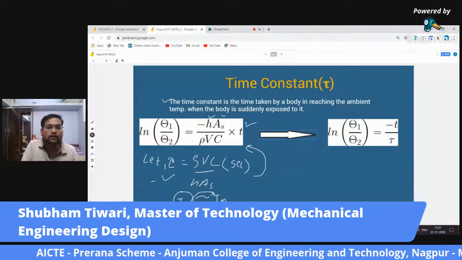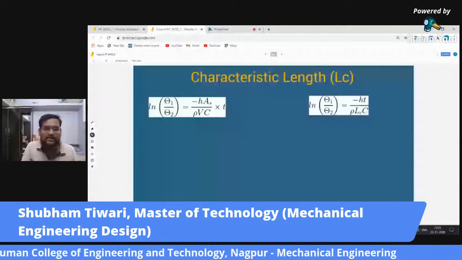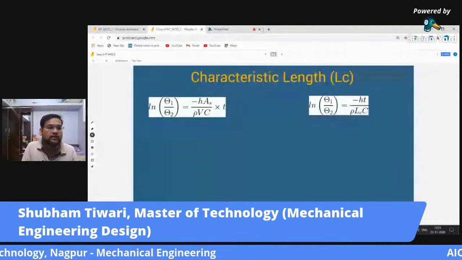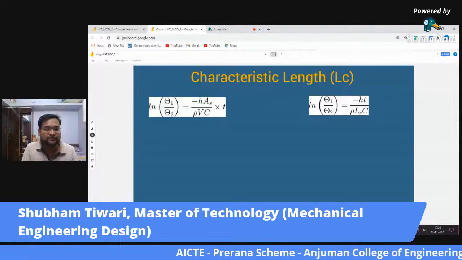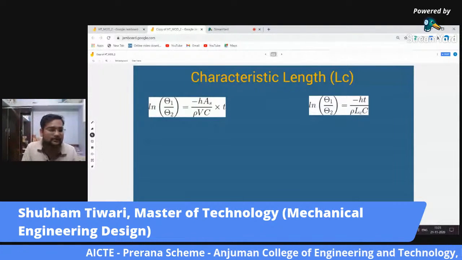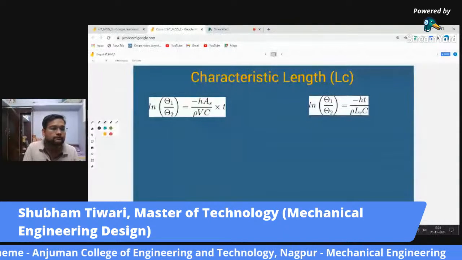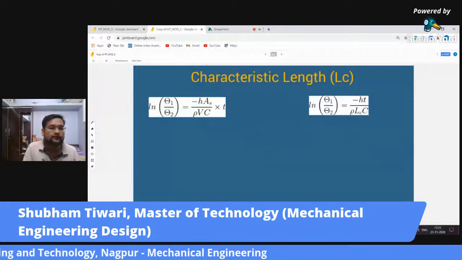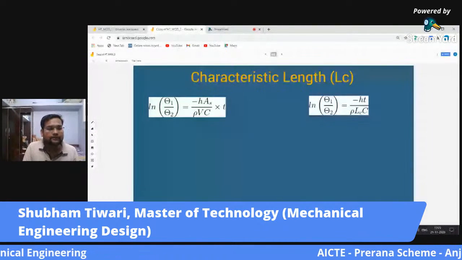So what is the next terminology that originated from this equation? The next terminology is characteristic length, LC. We choose our marker here. Okay, so now let's say